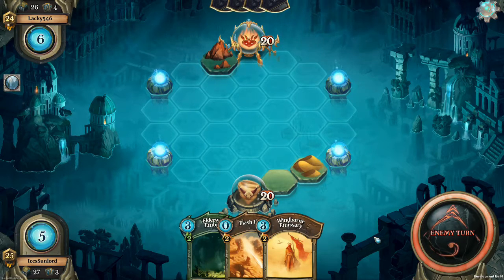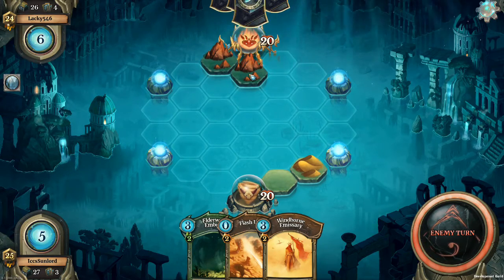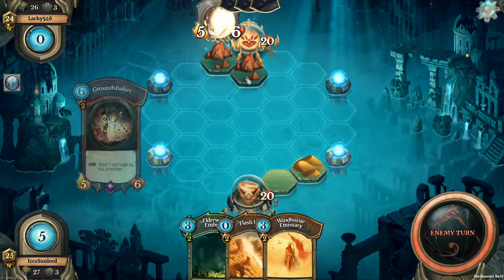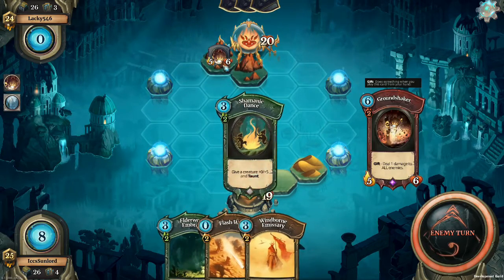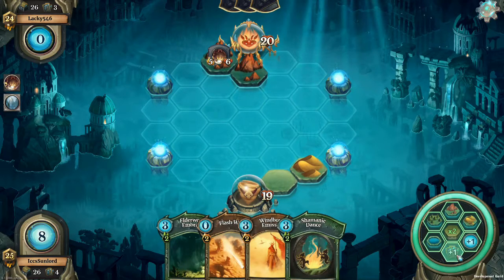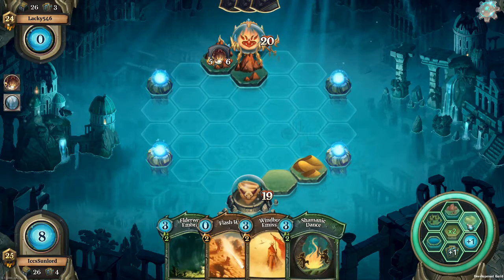So this guy's playing, looks like Mountain. Now, my understanding of this game, the red, is very overpowered. And if he places down a ranged card here, I'm probably going to die. Because red is very overpowered. Ground Shaker. Deal 1 damage to all enemies. I mean, sure. I guess. That doesn't really hurt me, but we're going to place down another